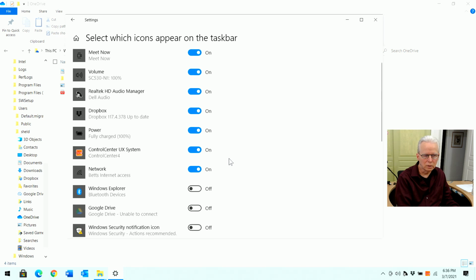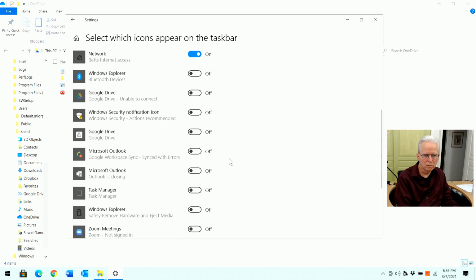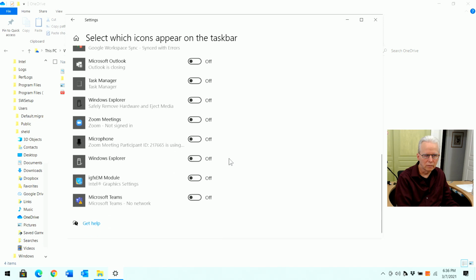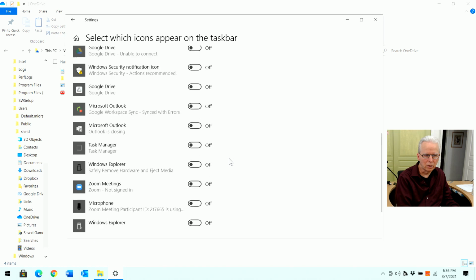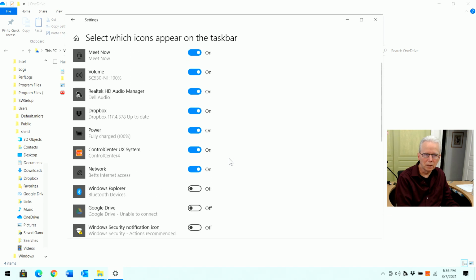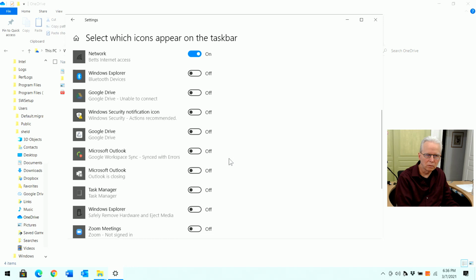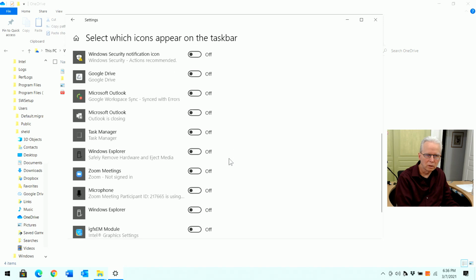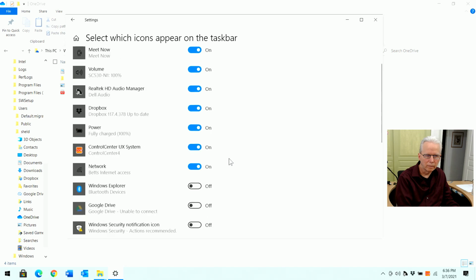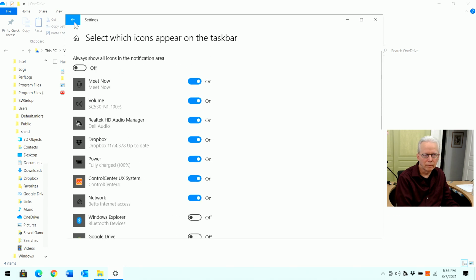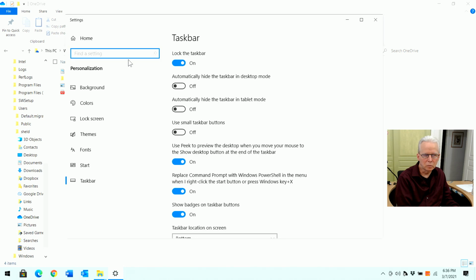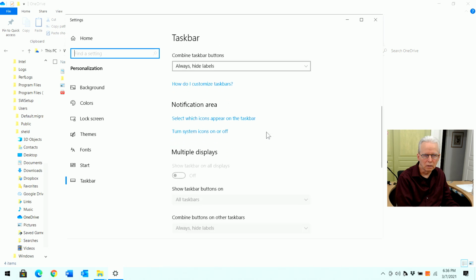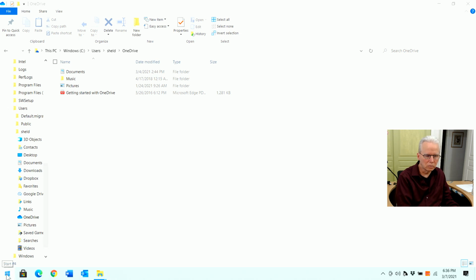Okay, so is there a OneDrive in here that's turned off? No. Meet Now, Volume, Realtek, Dropbox, Power, Network, Windows Explorer, Google Drive. So that doesn't explain anything. All right, I'm going to close that and go to the Windows